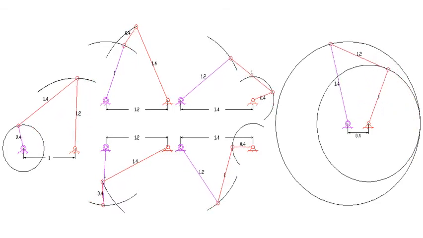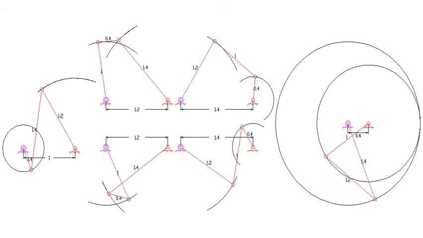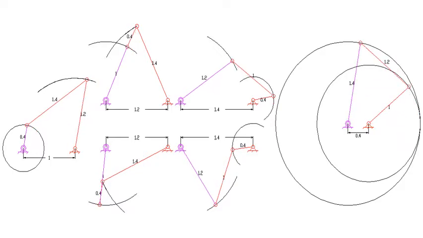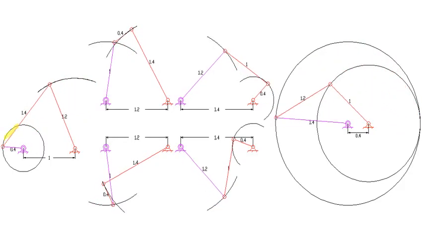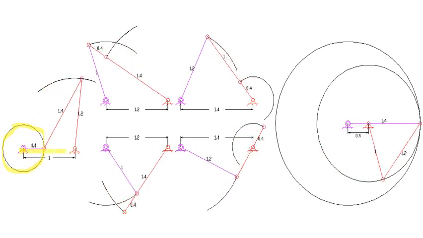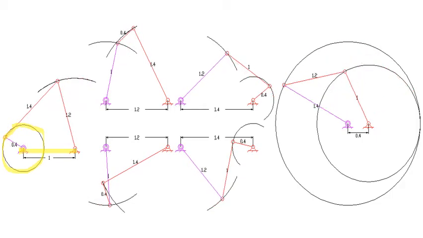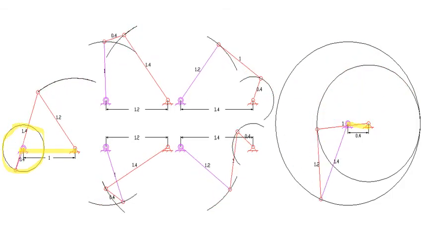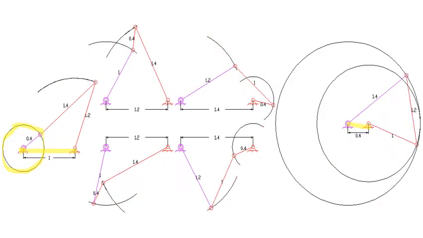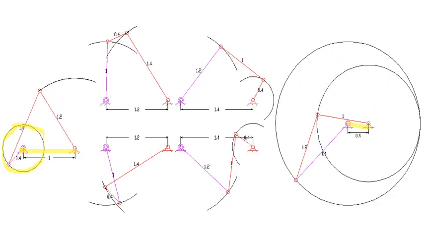So in this animation, you can see this is the first inversion because link number 1 is fixed, right? Therefore, link number 2 acts as a crank. You can see here it is rotating with respect to this origin because link number 1 is fixed. Okay, so in the second inversion, the shortest link, the crank, is fixed. Therefore, the other two links act as cranks. Therefore, this is a double crank mechanism.